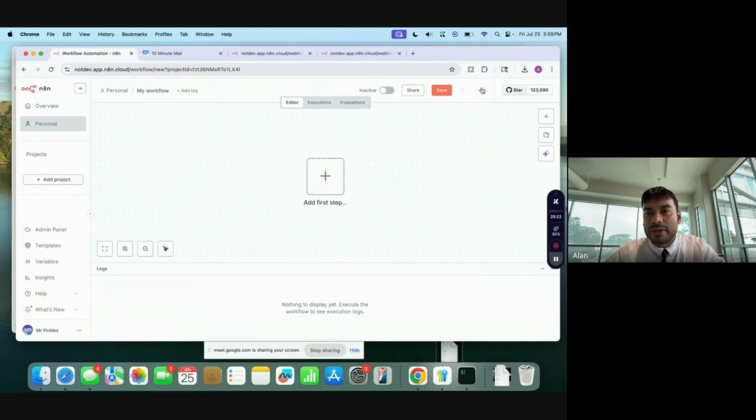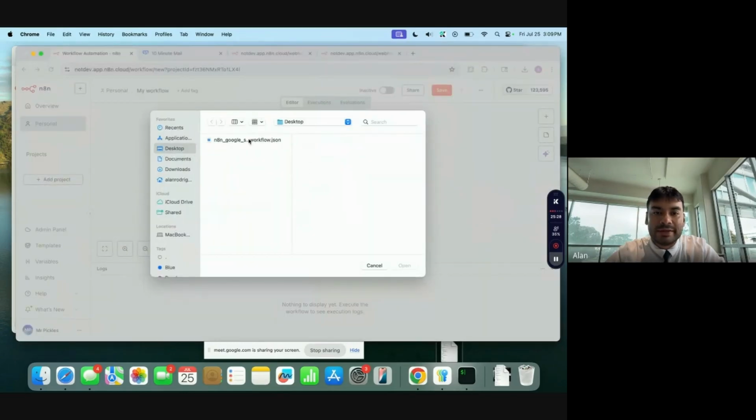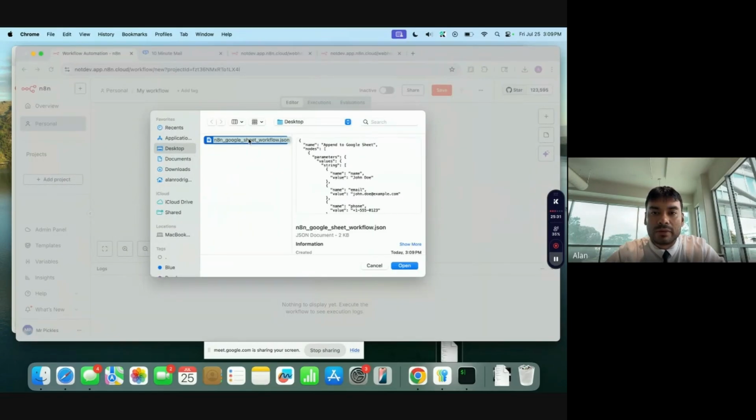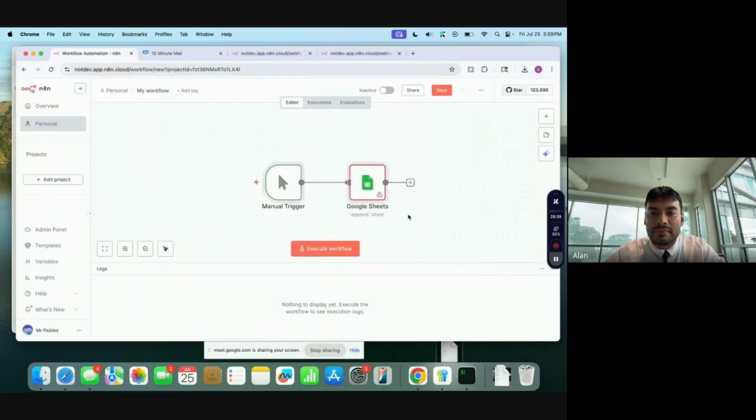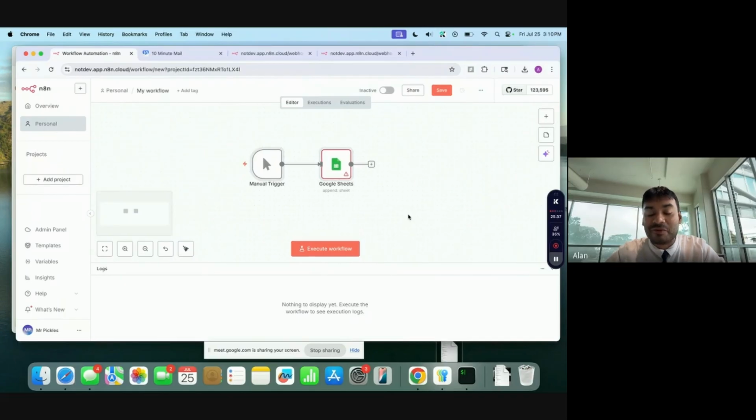We'll go to the top right corner and we select the three buttons, and then we import from file. Under desktop, we have the n8n workflow we just created. Select that. And this is the workflow I created. It's a pretty basic workflow. Didn't want to make it too complicated,